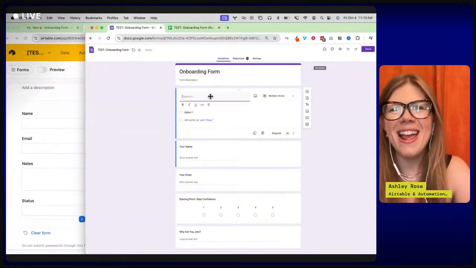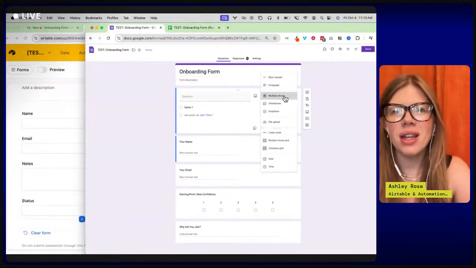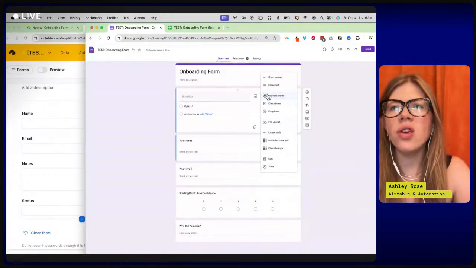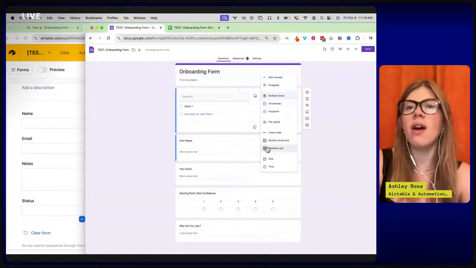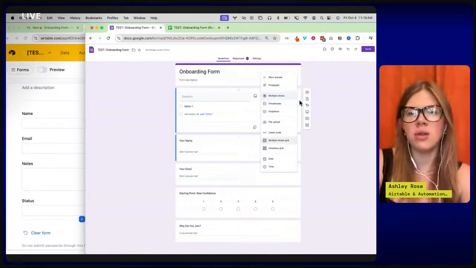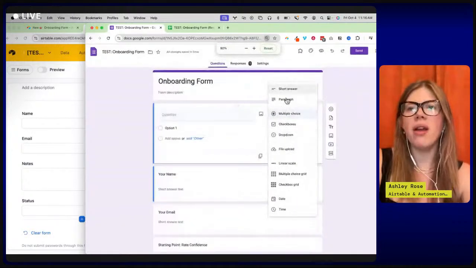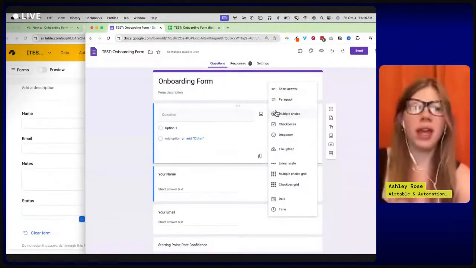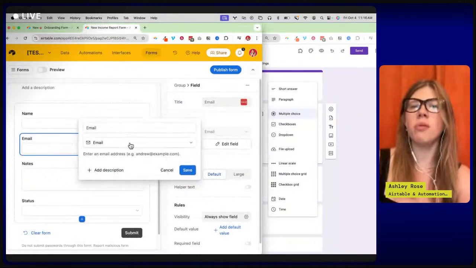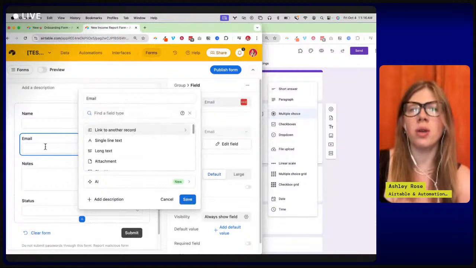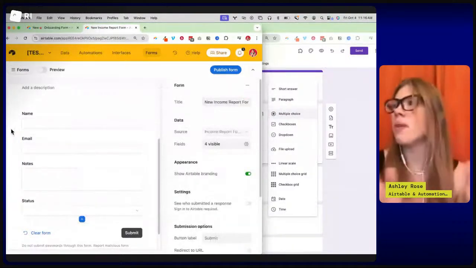Add a question. Yeah, you have very few options: short answer, paragraph, multi-choice, checkbox, drop down, file upload. Those are nice, but phone number and email are not there. With Airtable, you can give your data more structure by picking the field type, so you can build them like that.